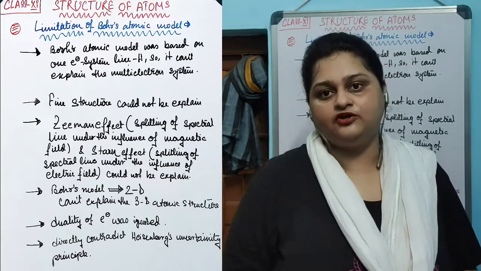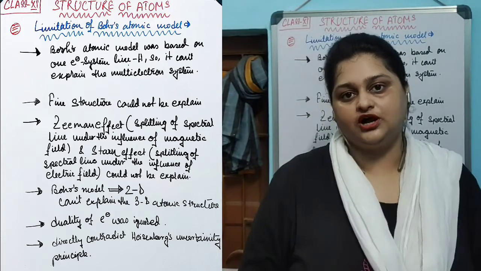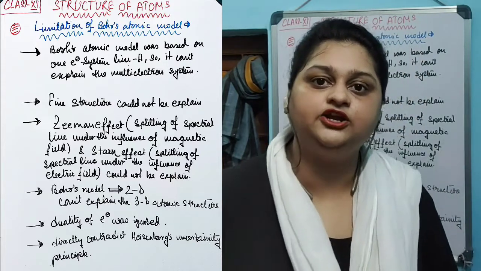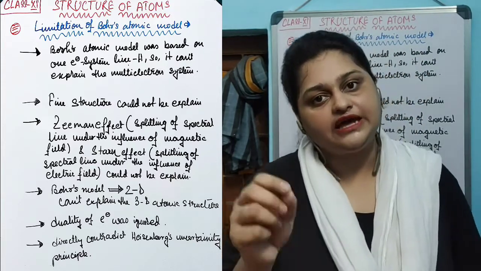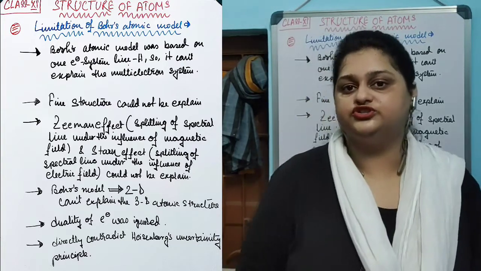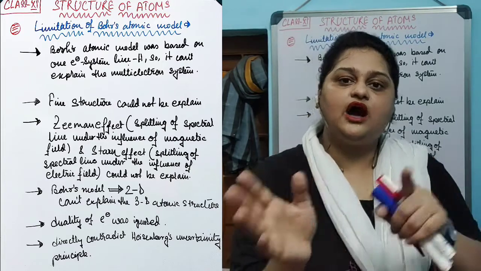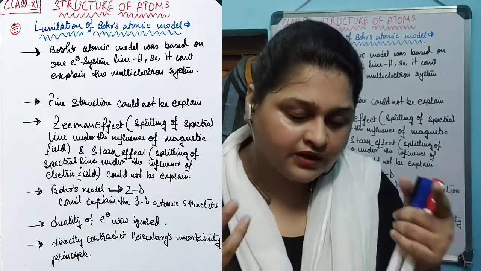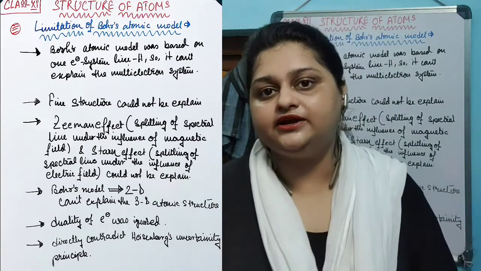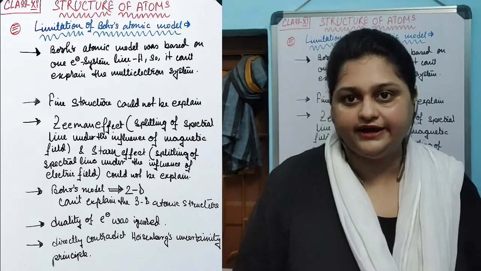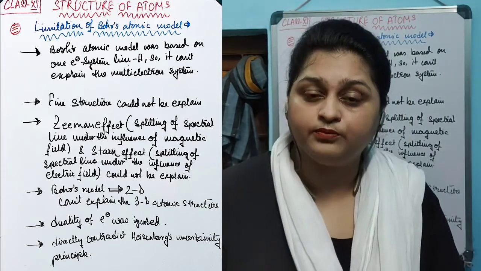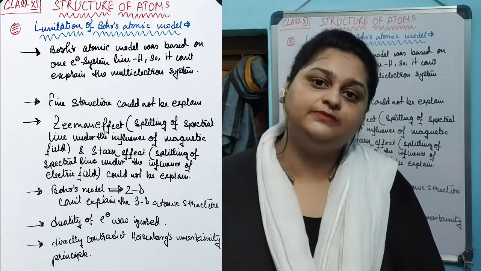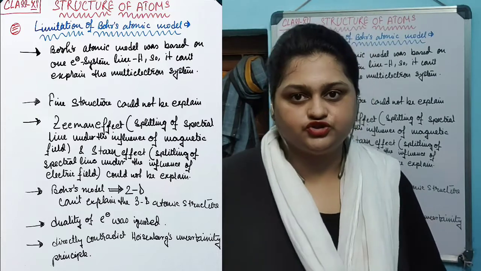A similar concept can be seen when a spectral line from the emission spectra splits into multiple lines under the influence of an electric field. This phenomenon was discovered by the scientist Stark, and after his name it is known as the Stark effect. Why a spectral line splits into several components could not be explained by the Stark effect and Zeeman effect under the postulates of Bohr's model.